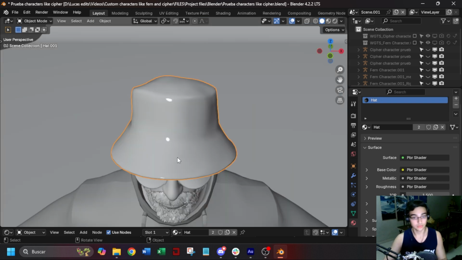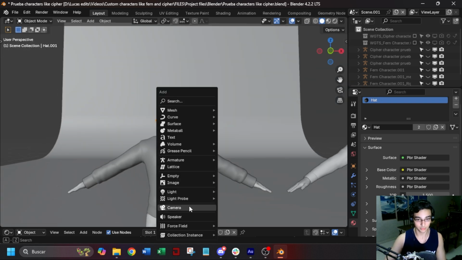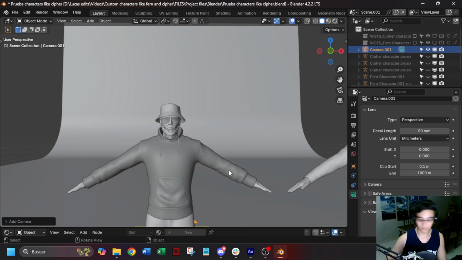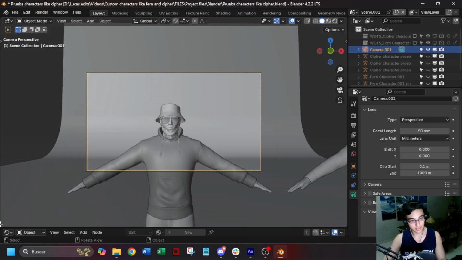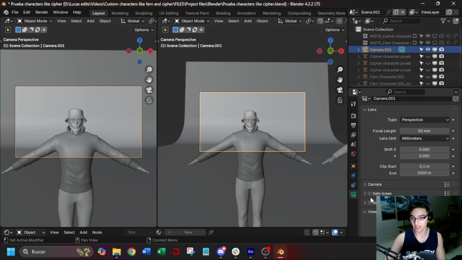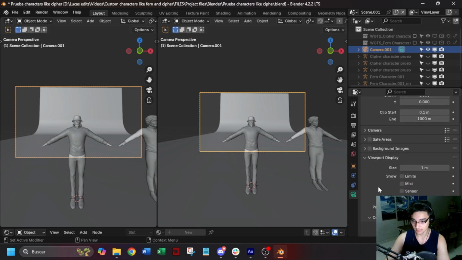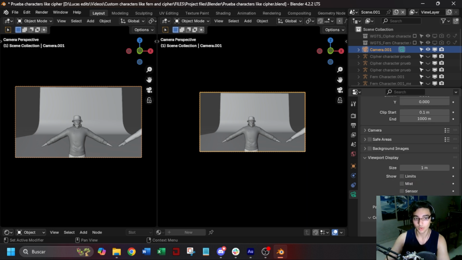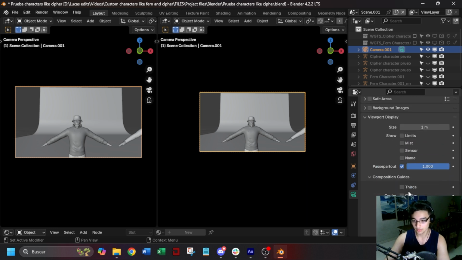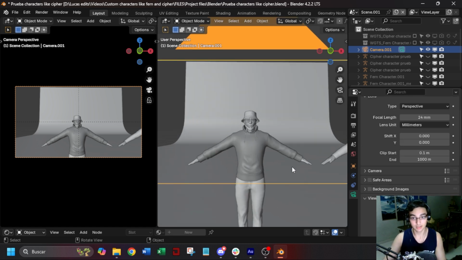Now we're going to go here and press Shift A, and we're going to add a camera, and then press Ctrl Alt 0, and then I'm going to add another window right here, and I'm going to go to the camera properties. I'm going to set the focal length to 24 millimeters and the passport to 1, and I'm also going to add this composition guide center cut, and now I'm going to press 0 on my numpad here to get out of the camera,